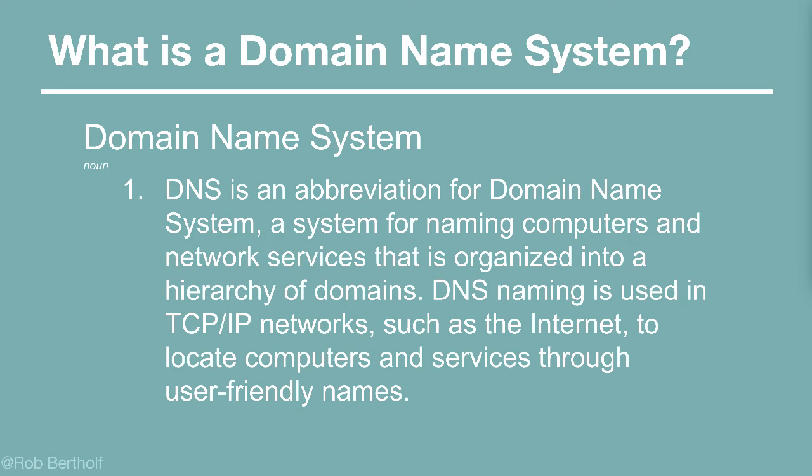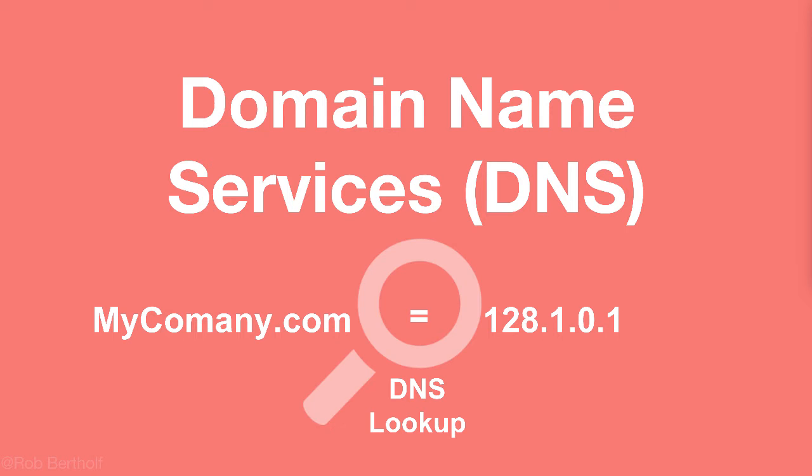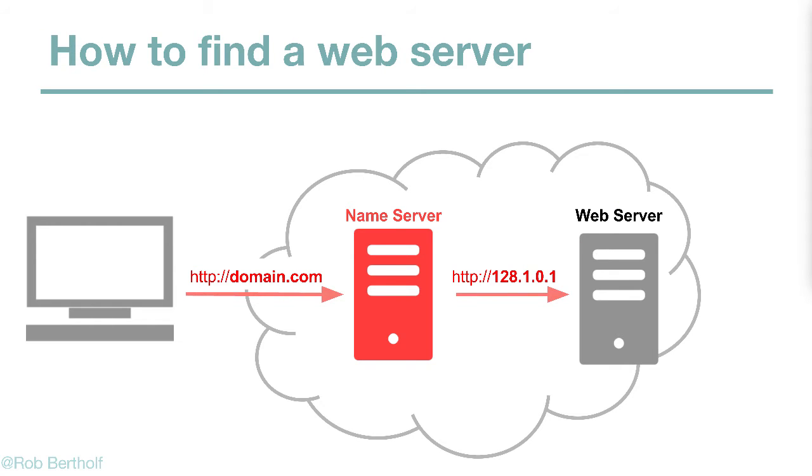But let's really just get back to the idea that a domain name is equal to an IP address in its simplest form. So how does a domain name know what IP address to route to when you enter a domain name? Well, the answer is DNS, or Domain Name System. Think of DNS like a telephone operator switchboard, or technically a database of domains and their corresponding IP addresses. So when you type in a domain name, it hits the name server, resolves to an IP address, and forwards